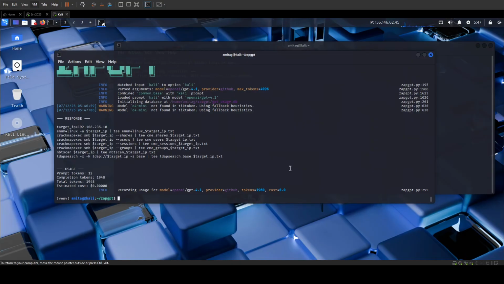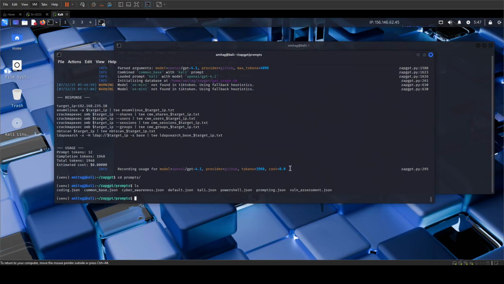Similarly, if you want an explanation for each of the commands, you can put it in your prompt and say that I want an explanation for these commands. Or the other thing that you can do, which I like very much, is, for example, let's say that I have this kali.json and I am not happy with this, right? So I can just say gpt -p